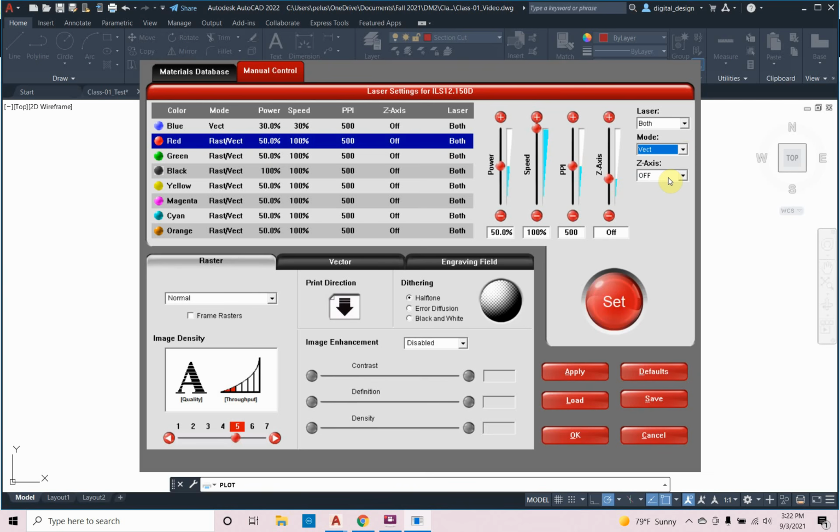Okay, and that's going to be 90% power, so a lot of power because I got to cut through it. And it's not going to go too slow. Now if it goes too slow, then you get a lot of burning on the edges. So you have to adjust between power and speed. If it hangs around too long, you'll get that burning, and you don't want to have that burning on the edges. Okay, so 90%,